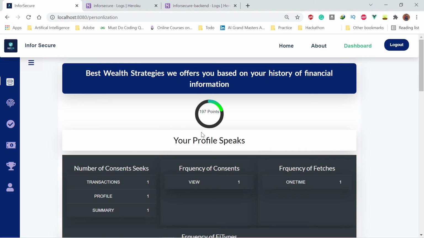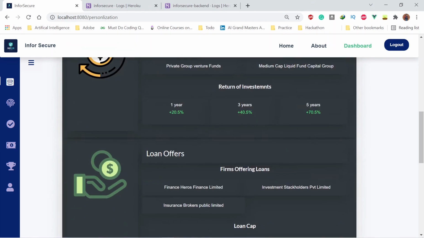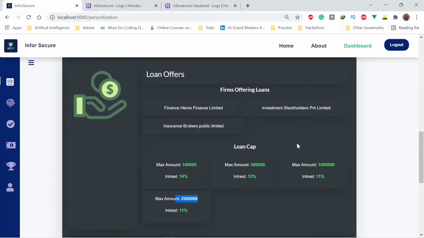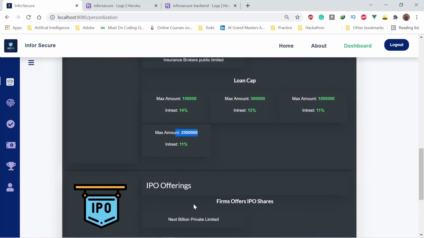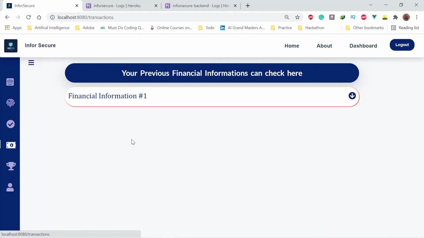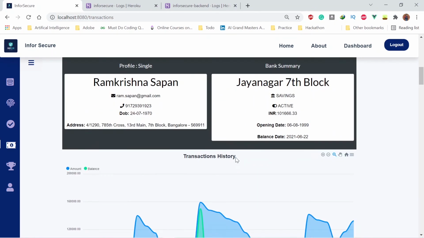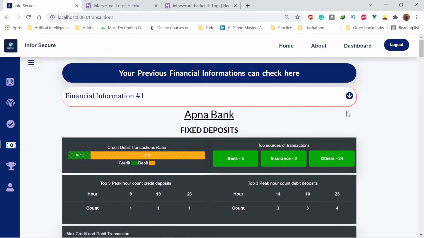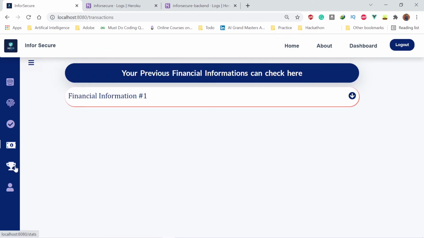The higher the wealth score, the more returns the firms will give and the lower the interest rate. They can offer more loan amounts, more IPO offerings, and more shares you can invest in, like 10,000 or 1 lakh shares. We can see all our previous transactions over here. Currently I did only one transaction, so I can only view one day. Yeah, this is pretty much about the